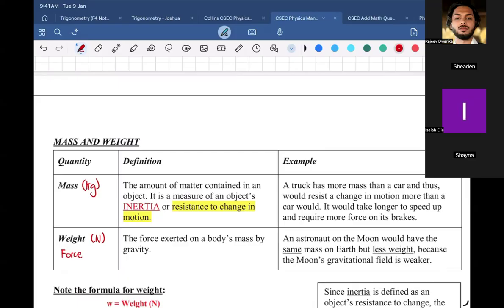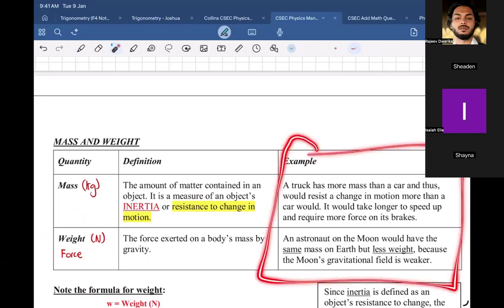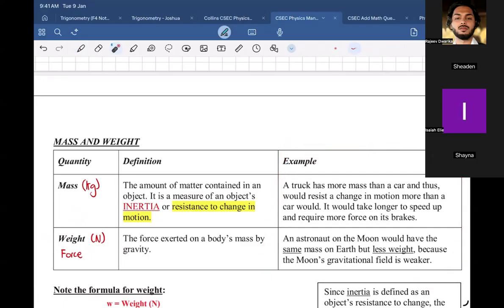Right, so guys, please tell me when you finish copying down the definition for mass and weight. I don't want it to have more weight in here. You know what? Just not do that. I finished copying it down. Okay, cool. Isaiah and Sheena know how to copy down the example, that will take a little while. Just copy down quantity and definition.